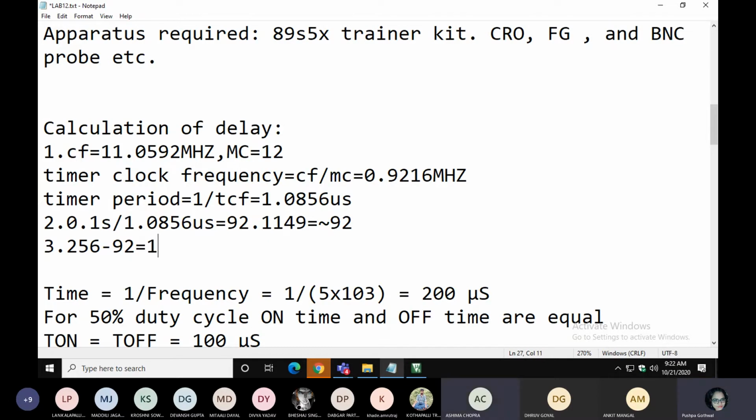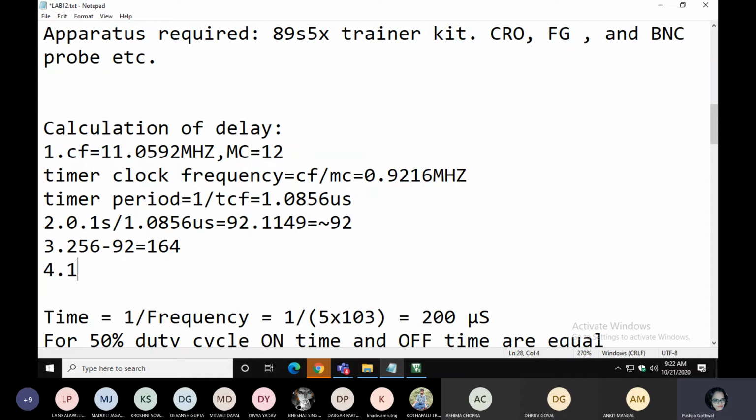164. Okay, now the last task, just convert this 164 to hexadecimal. Use your calculator fast. What value are you getting? 164 is decimal, you have to convert to hexadecimal.